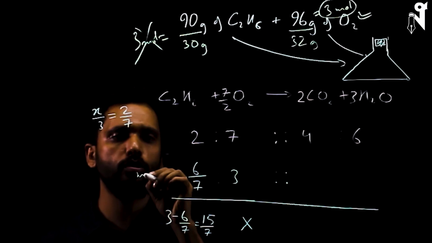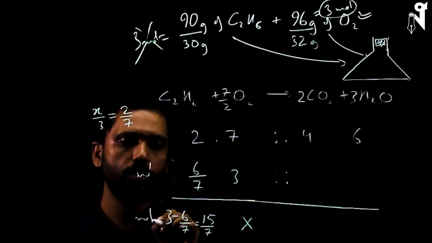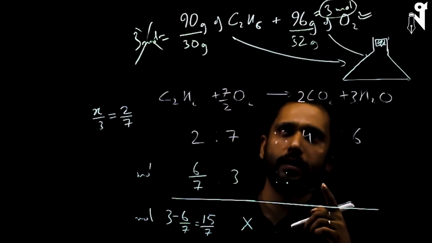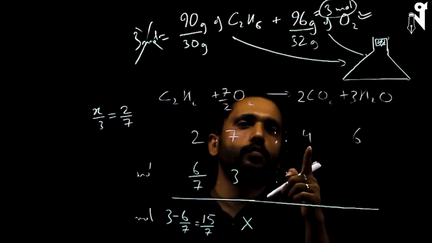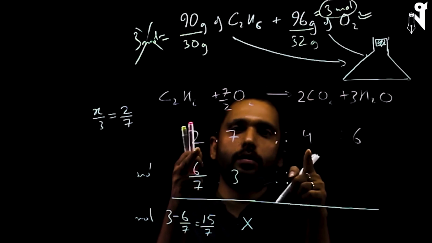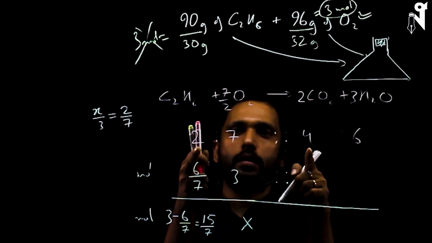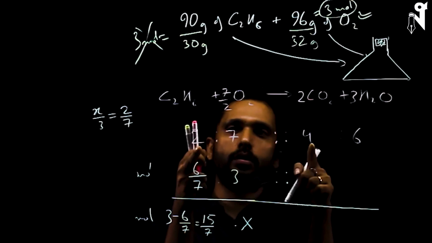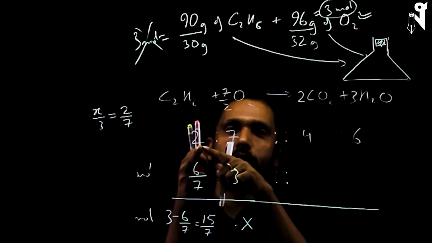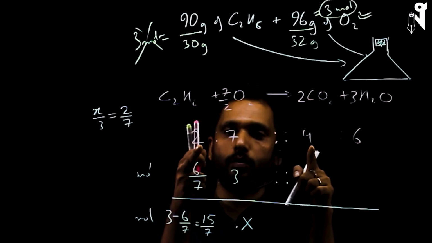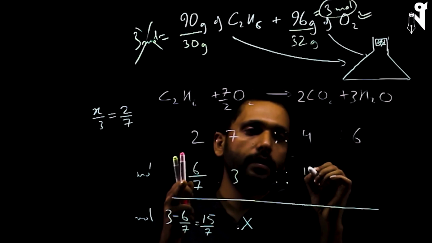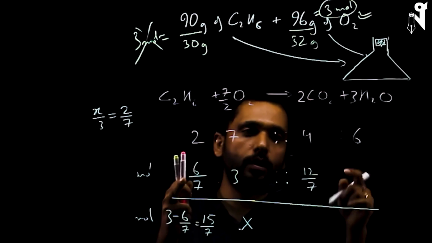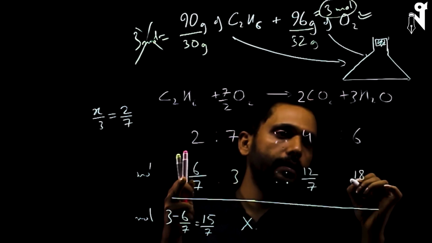So this is in moles. The expected answer is in grams. So let us get the moles of carbon dioxide also. 2 gives 4. We'll hold on to this ratio. We'll not bother ourselves by doing a ratio as 7:4. 2:4 is an easier thing. 4 is double of 2. So double of 6 by 7 is 12 by 7. Similarly, 6 is triple of 2. So triple of 6 by 7 is 18 by 7.